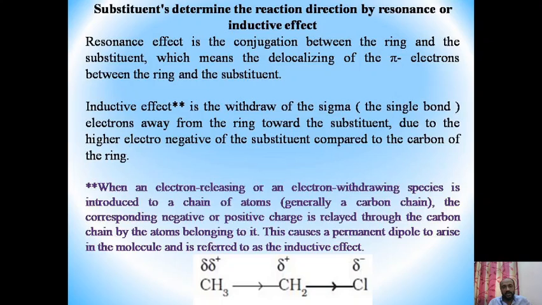In that structure, that is CH3, CH2, Cl, you see that Cl is the more electronegative atom. That's why whatever bonding electrons are there, all the bonding electrons will gradually shift towards this negatively charged particle, because it can pull the bonding electrons towards the chlorine atom. As a result, the electron density around the chlorine atom is maximum as compared to the CH3 and CH2. That's why here you will get a positive charge and a negative charge. So inductive effect means producing polarity inside the molecule.